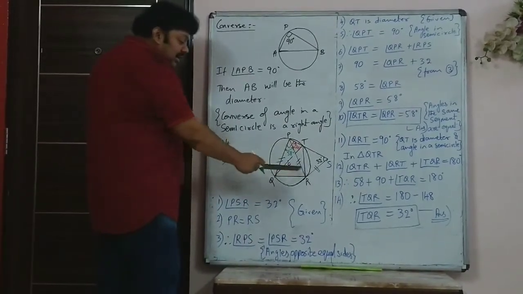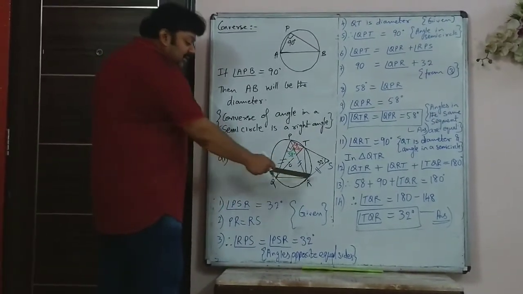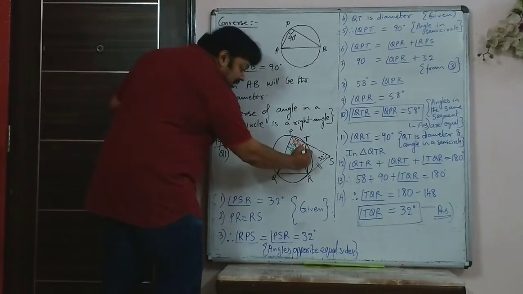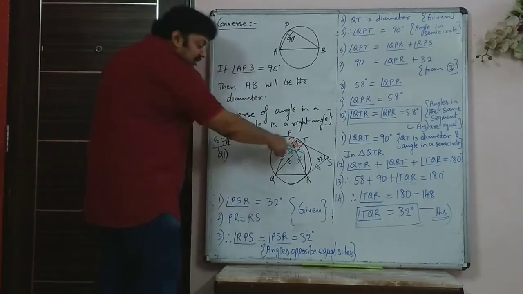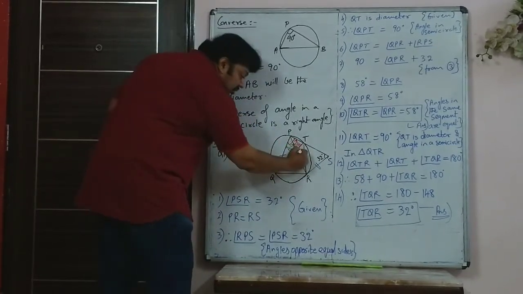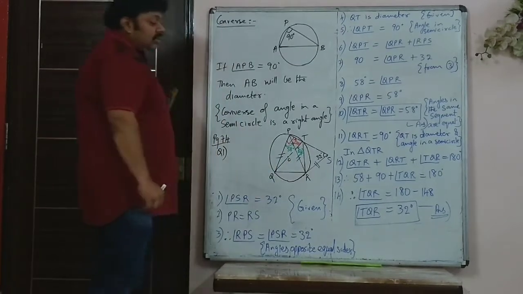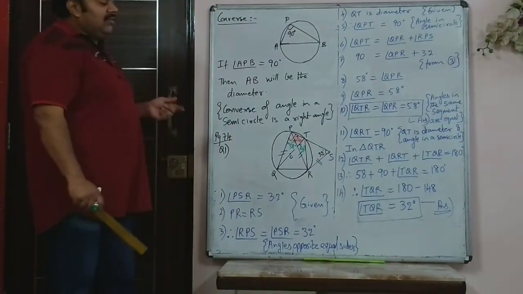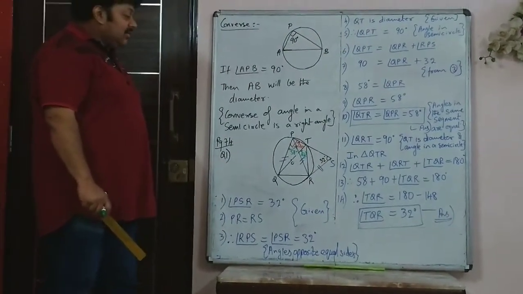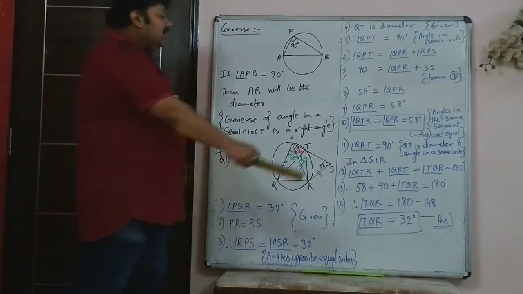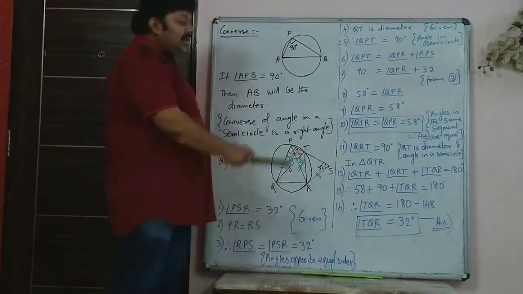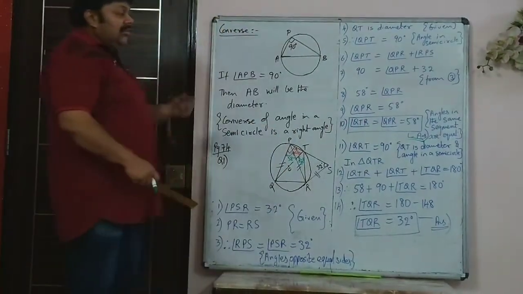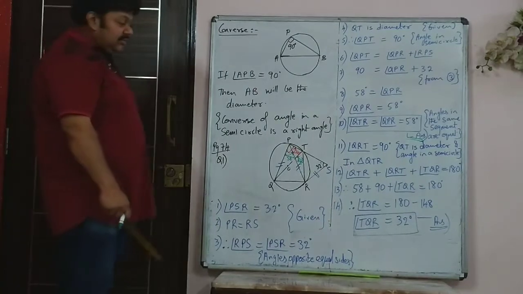Now QPR and QTR have the same segment QR in front of them. So therefore you can say that this angle QTR is same as angle QPR. So this is also 58 degree. That is, angles in the same segment are equal. So QTR will be equal to QPR. This is one of the answers which you needed. So there you have written the answer. So highlight your answers. Many times the teacher directly first looks for that.